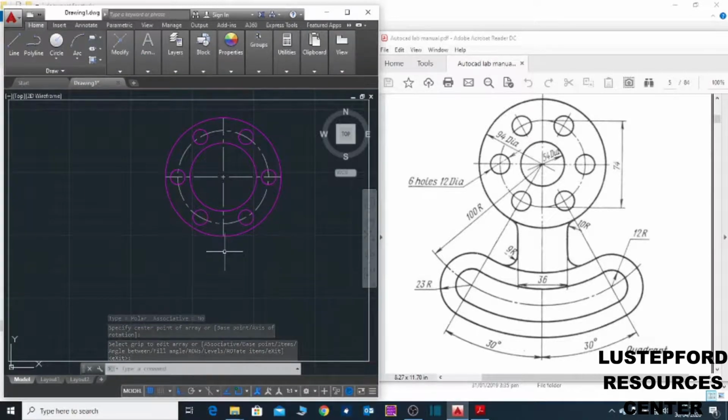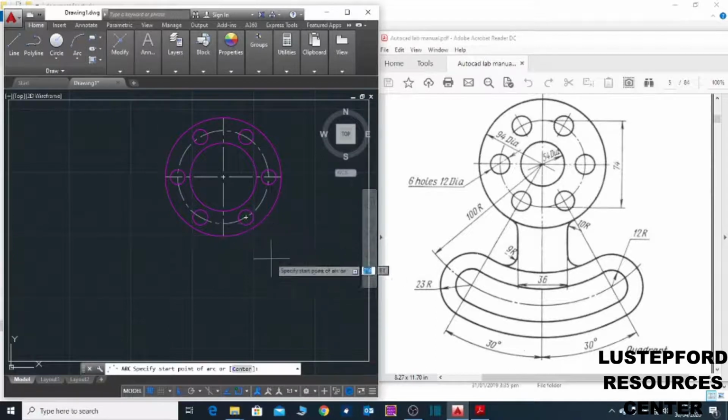Then what I'll create next is this arc. So I'll use the arc command in the drawing panel.